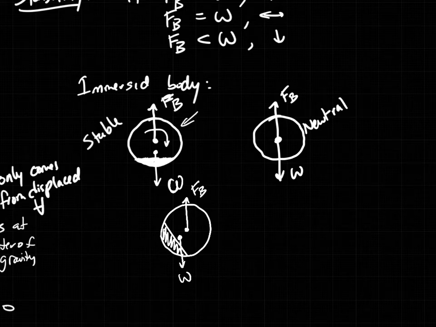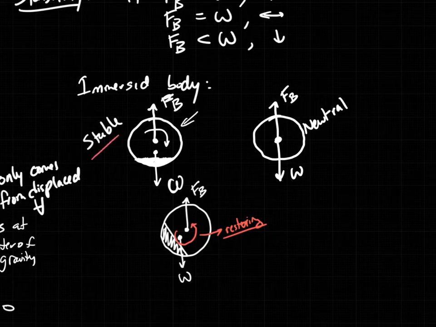Can you see the effect that this has, what kind of moment we get out of this? Well, the moment is trying to turn this way. So this is restoring. That's really important. So that's why this is considered stable. Similarly, we could imagine the same sort of thing,